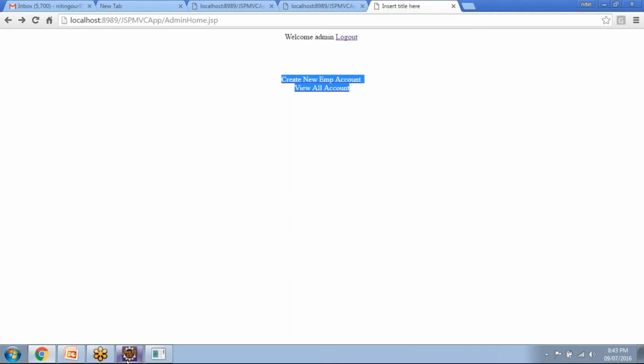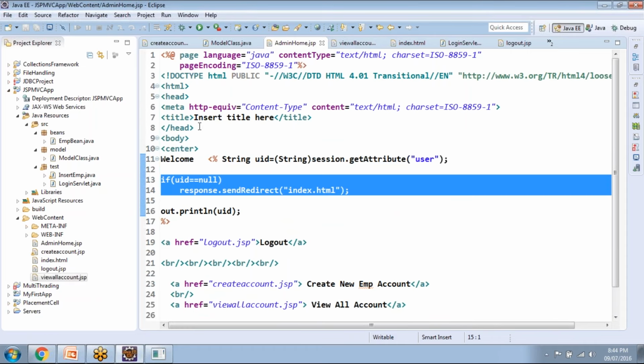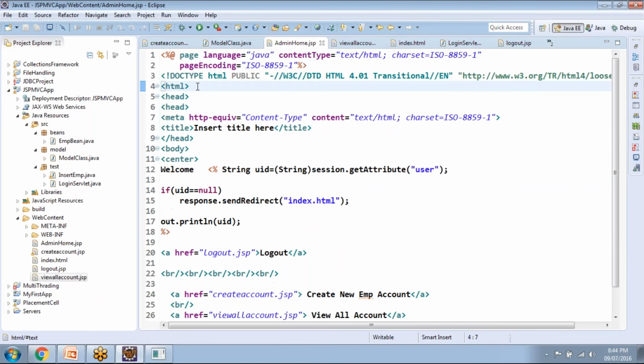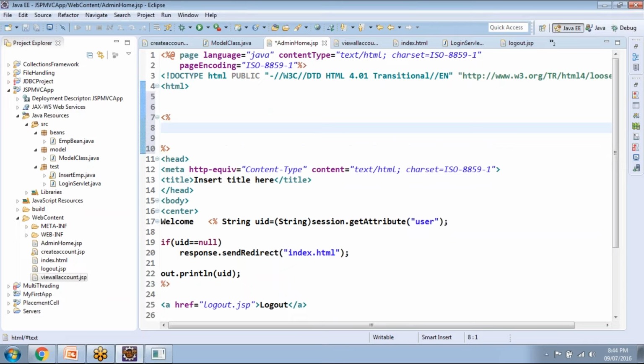So we need to write some code here that will clean the cache memory every time. When you press the back button, it is unable to find a copy of that page in the cache memory, so that time it will not open that page. You can write the code for cleaning the cache memory anywhere; it doesn't matter. The code is response.addHeader,